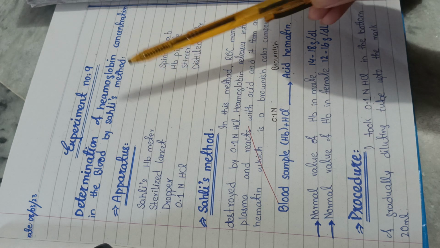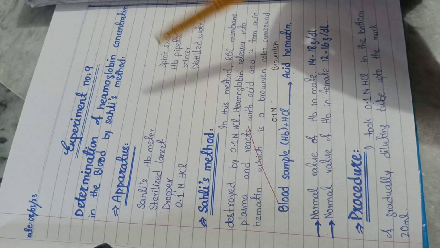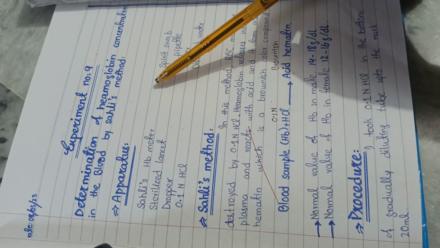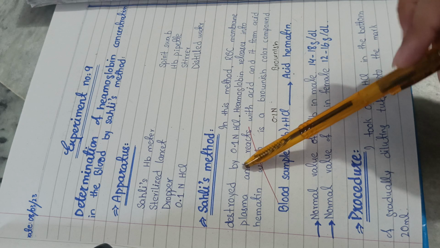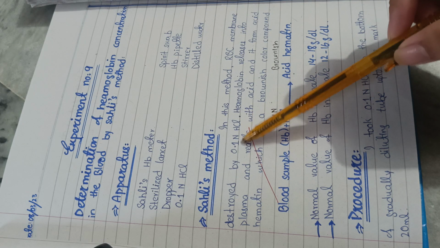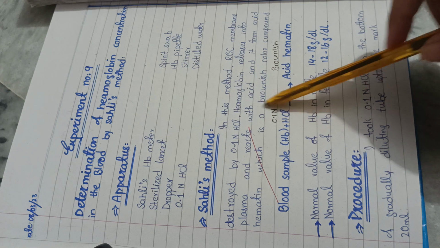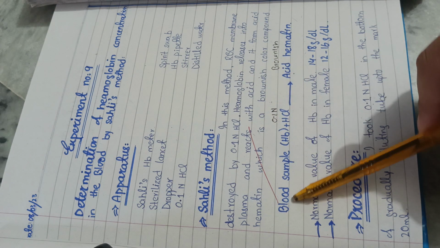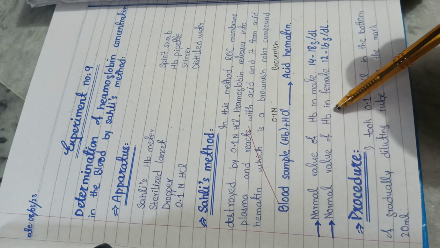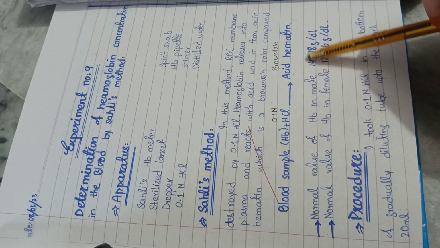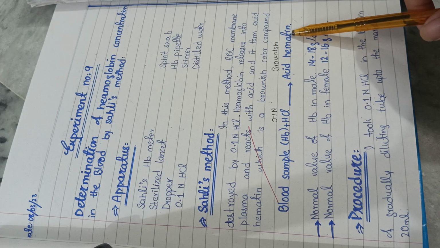So first of all, we are going to discuss Sahli's method, because in this method we detect what the hemoglobin concentration is in your blood. So what is Sahli's method? In this method, your red blood cell membrane is destroyed by 0.1 normal HCl solution. First you have to take a blood sample and add 0.1 normal HCl solution into it, and then you will observe a brownish colored compound which is acid